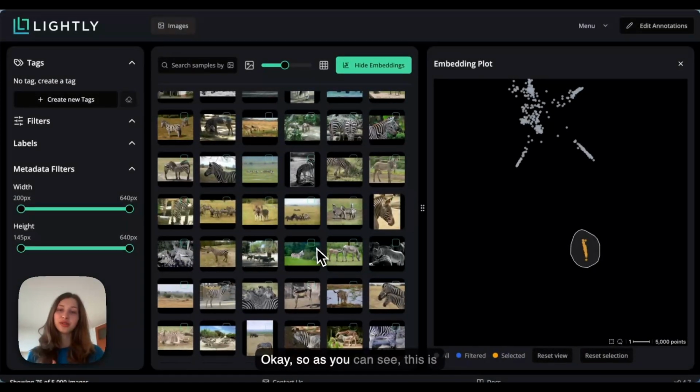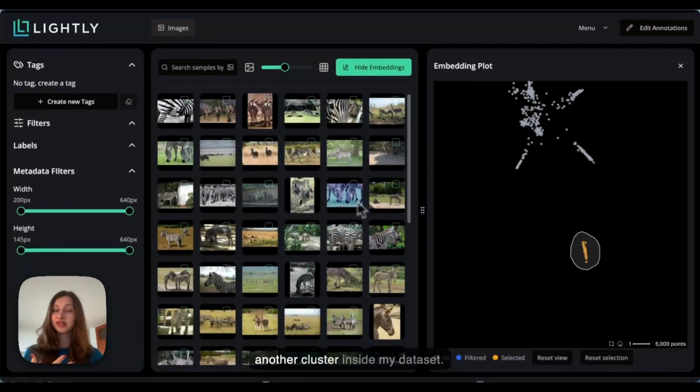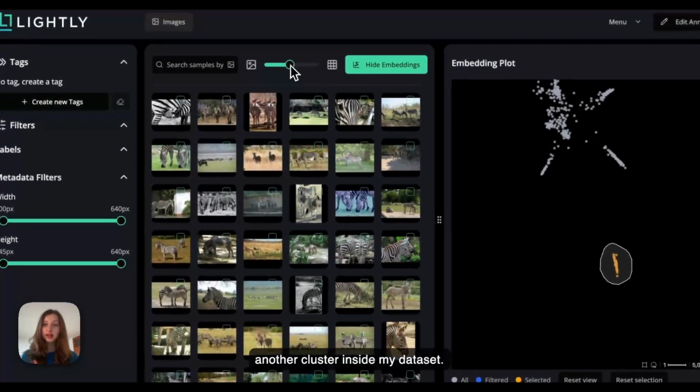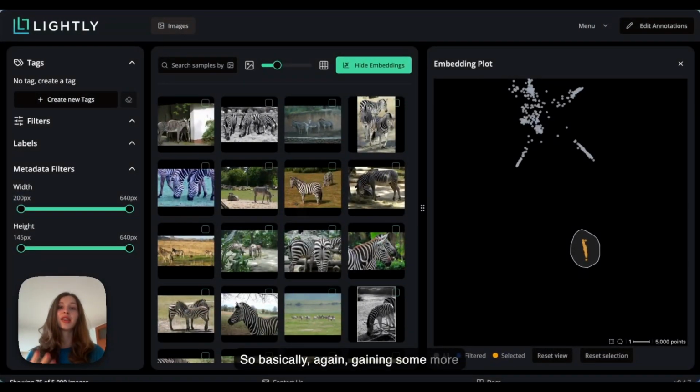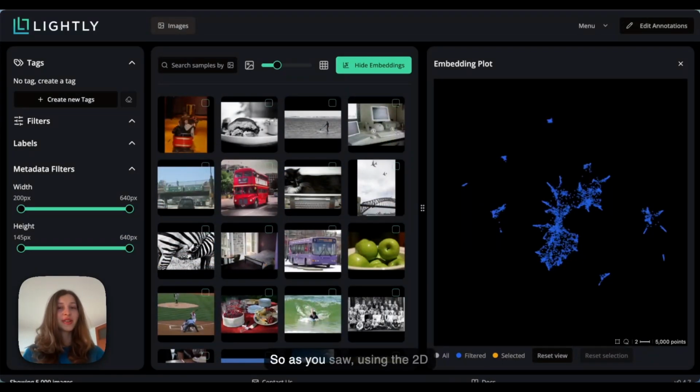Okay. So now, as you can see, this is another cluster inside my dataset. And if we take a closer look, these are zebras. So basically, again, gaining some more understanding of my data. So yeah, as you saw, using the 2D embedding plot inside LightlyStudio can be very